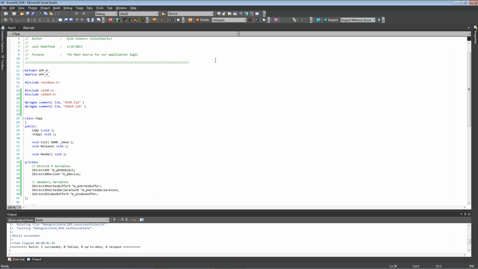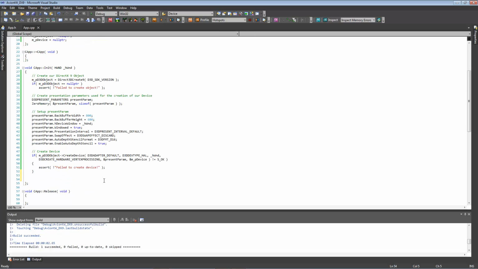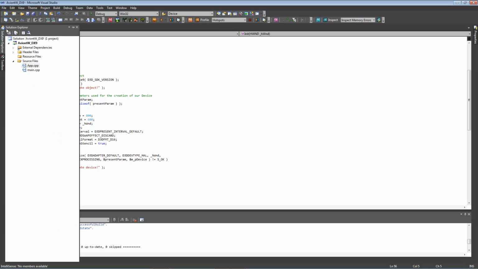Going back over into our application, we're going to go to app.cpp again, and next we're going to be creating our data. What we're going to need to first do is start off by filling out the data for our vertex buffer. We're going to need something to store our vertex data in. Naturally, that's going to be the buffer, but to have a better understanding of what we're actually throwing in our vertex buffer, we're actually going to go back to